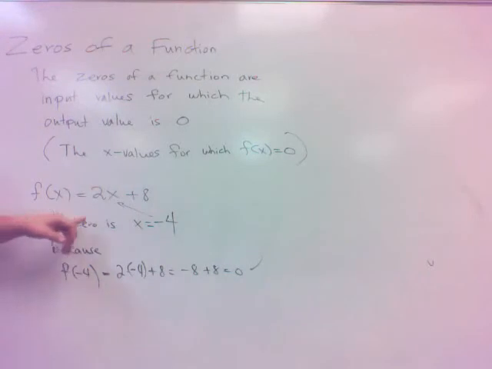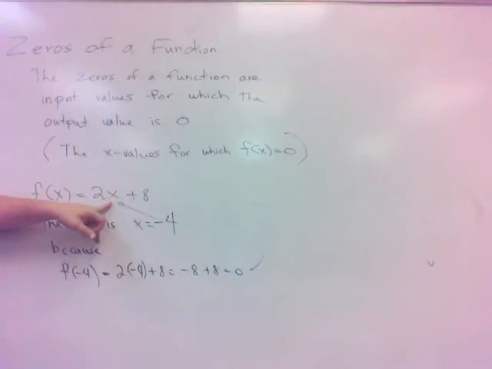The zeros are going to be those x values that make the function value come out to be 0. Okay? All right, now,